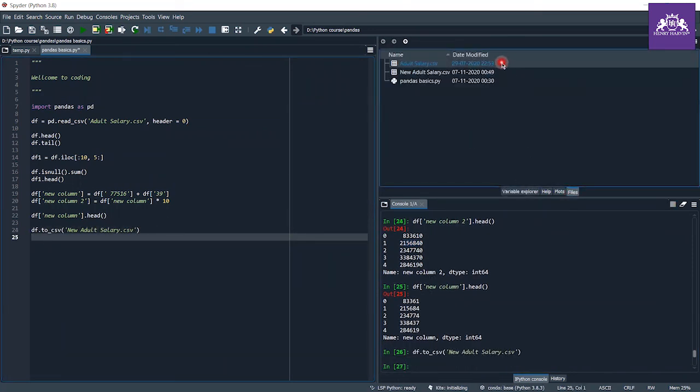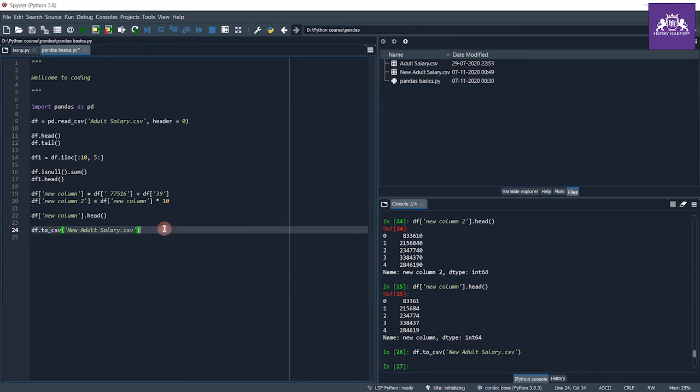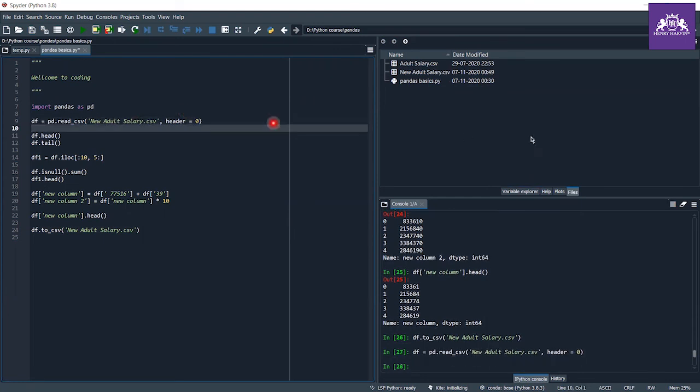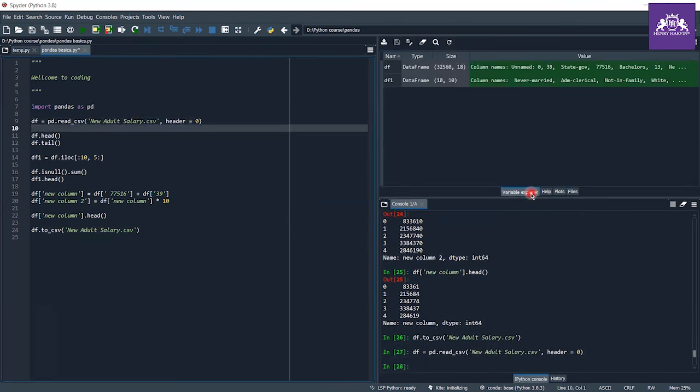Here I have the adult salary dot csv already as we loaded, and we have the Python basics file, and this new adult salary.csv file is newly created. Let's import this and show you. When we import this new adult salary, it will contain 18 columns,